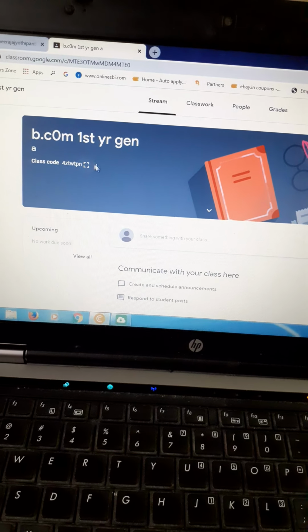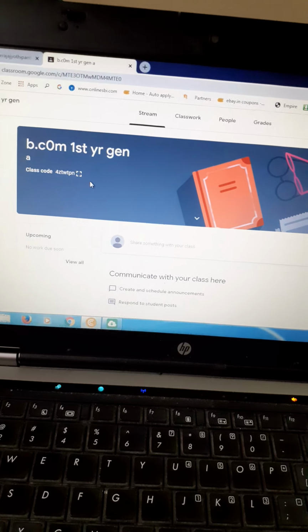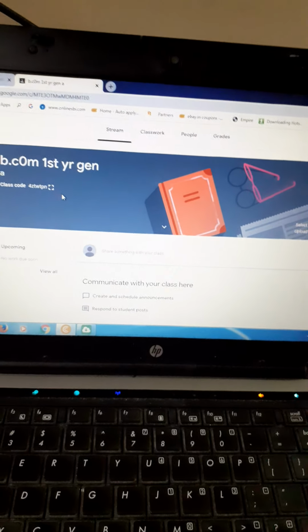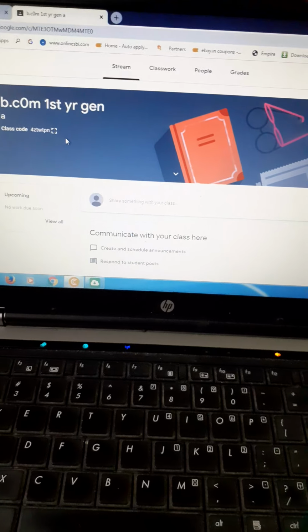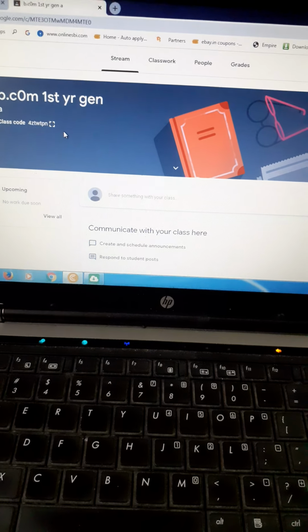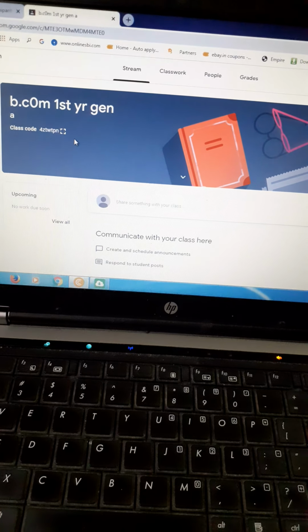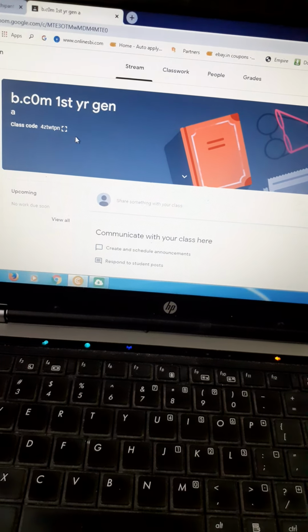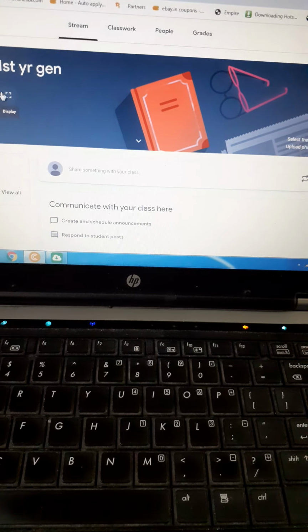This class code we have to share with students to add them into our class. We invited them, we added their mail IDs, and in their mails they will get information about this invitation. But to add into our class, it will ask them for the class code. So this class code we have to send to students.